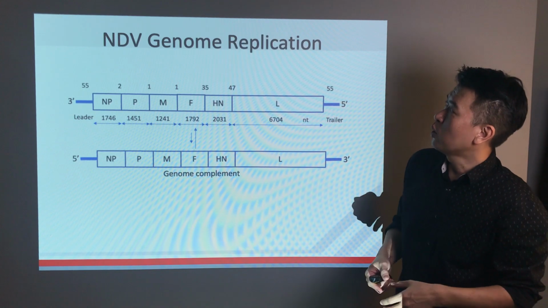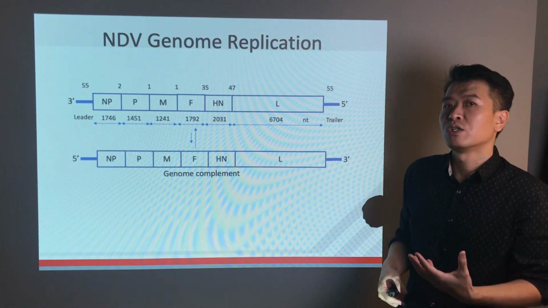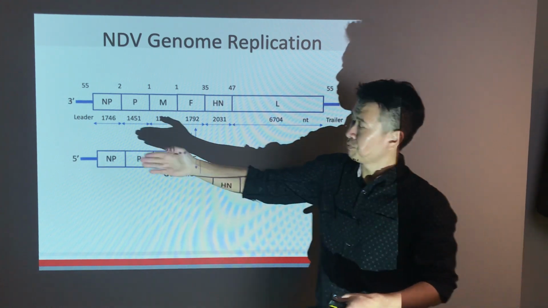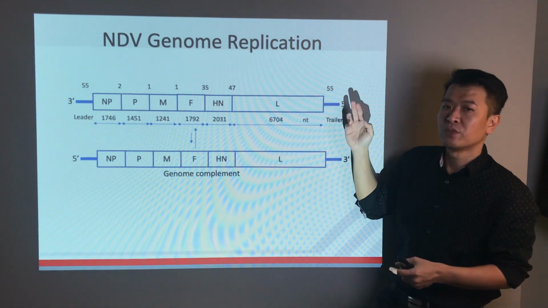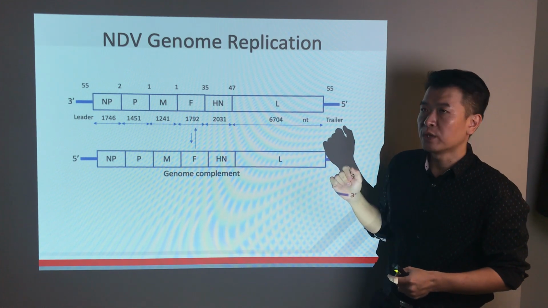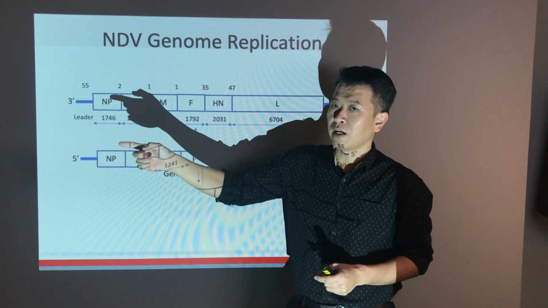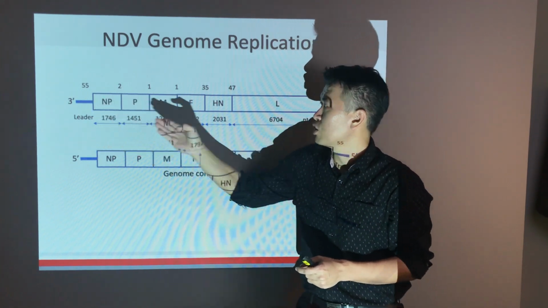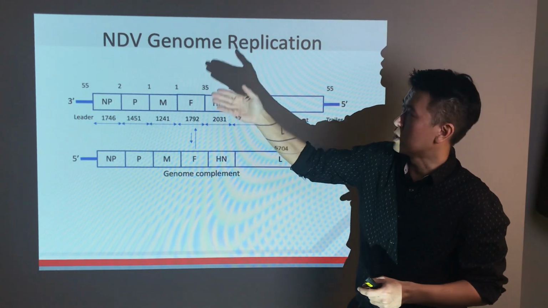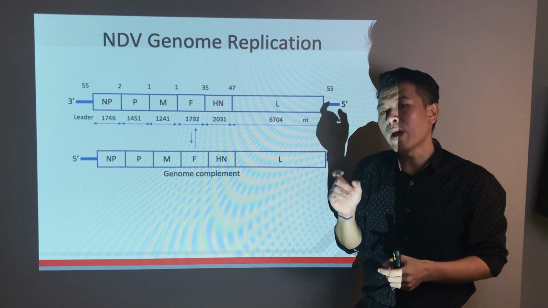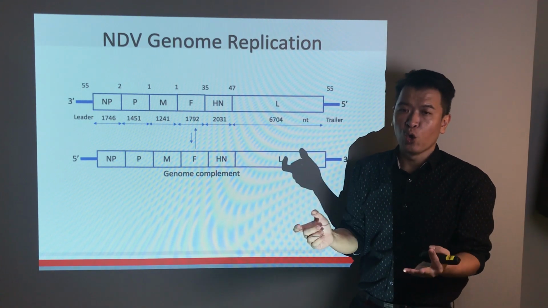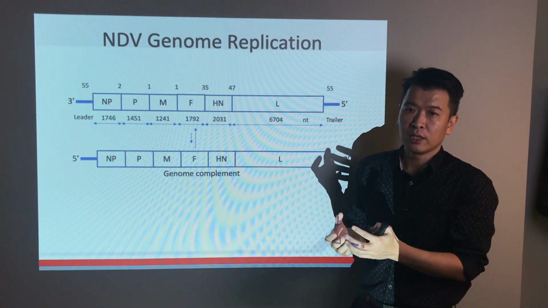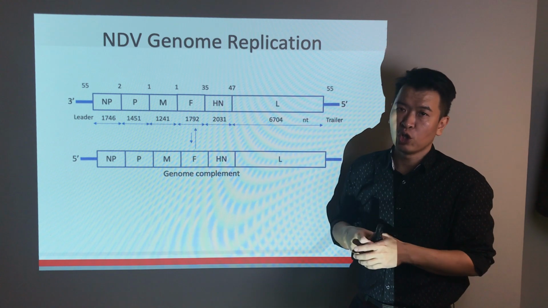But we also need to produce the viral genome. So what happened here? 3' to 5' end. This is the viral genome. We know that the RNA is being used to synthesize mRNA. The viral genome is being used as a template to synthesize mRNA. So when does the virus know that it already has sufficient viral protein and should now undergo genome